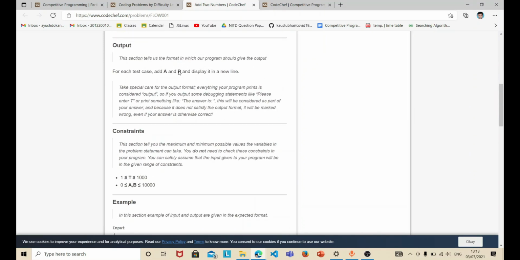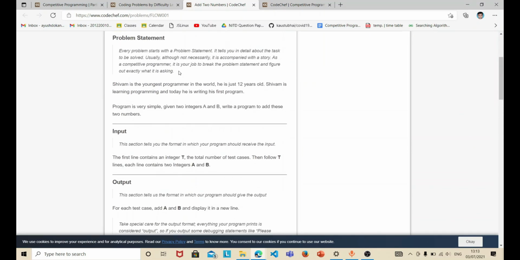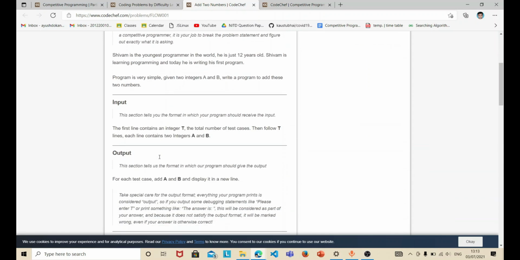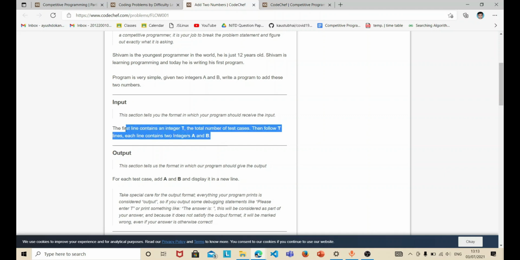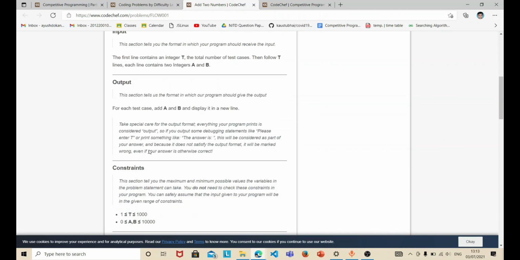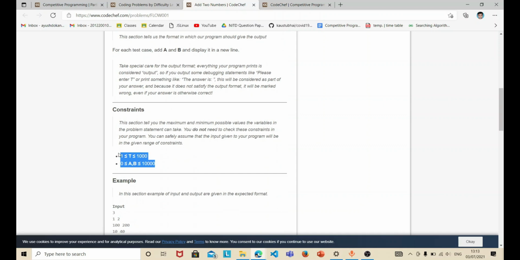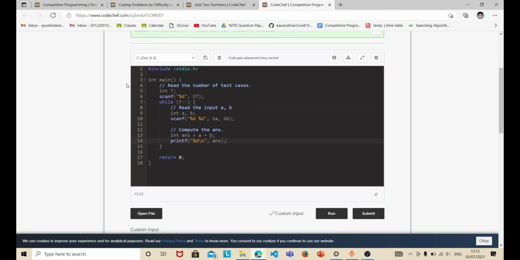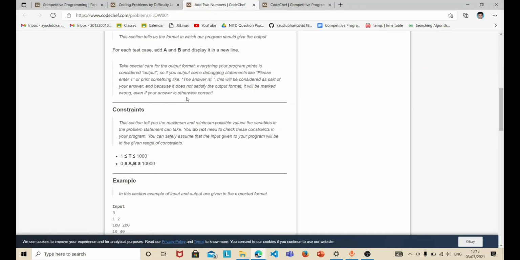So this is the whole format in which you will find a problem in a competition. There is a story first, then we have to figure out what we have to give as output, then we have an input format, and then an output format, and also we have a constraint. This is a very important part of any problem statement, the constraint part. As you see, we have a correct answer. So we are done, and I hope you got the question and the solution.